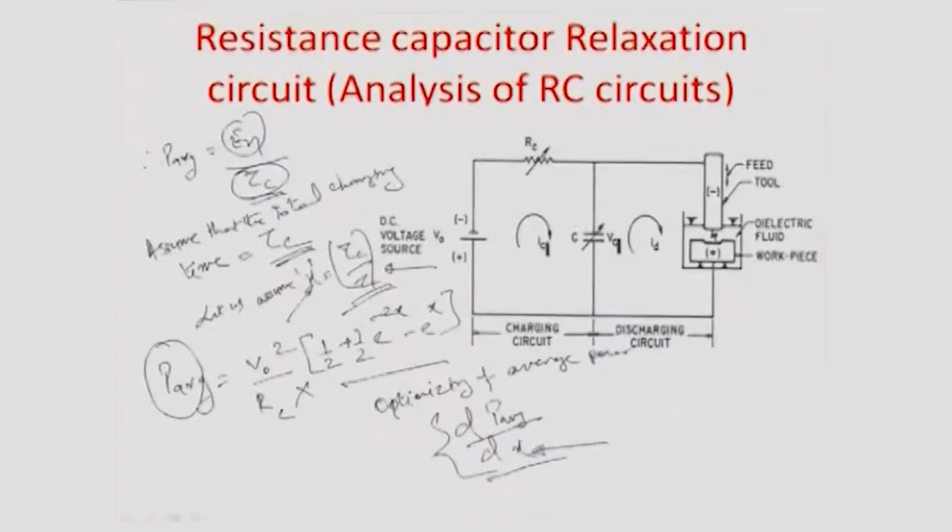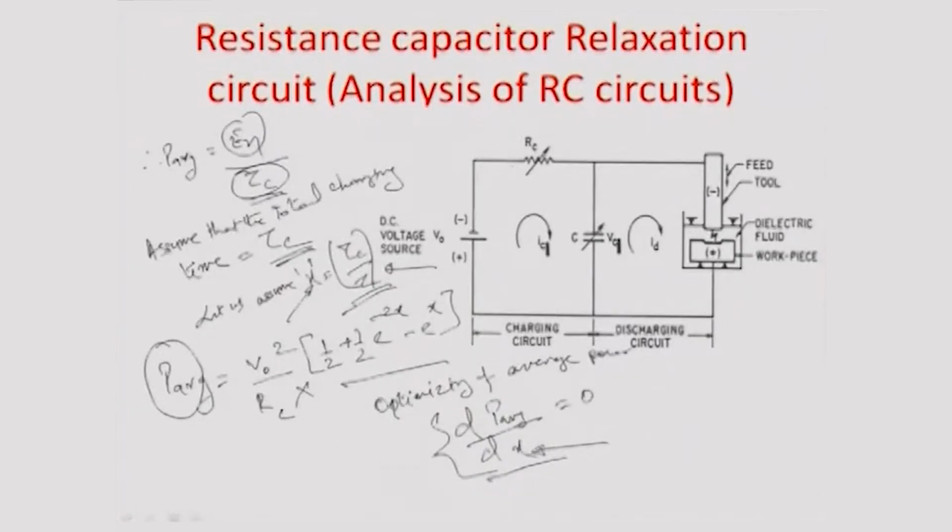So, it gives you an idea of the frequency, right, because one charging time is indicative of one charging discharging cycle. So, if the total charging time is more than that, that means there is more than one charging discharging cycle, and therefore, dP average by dx